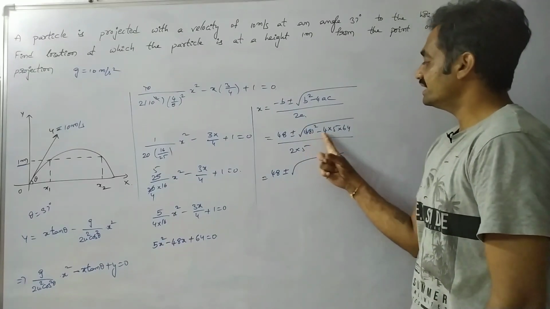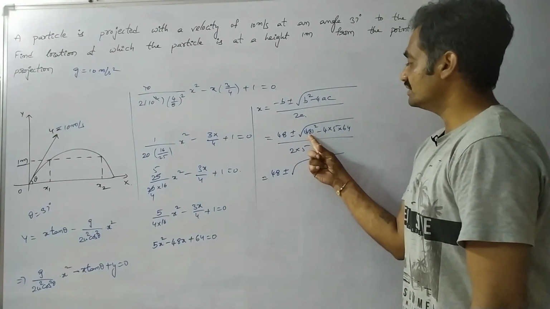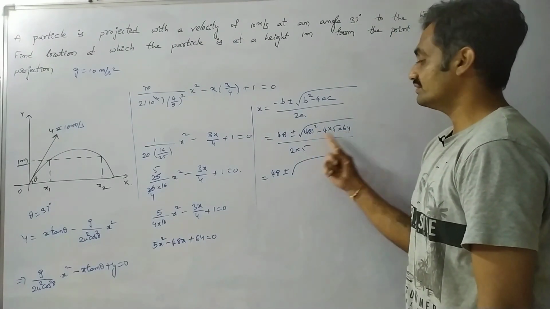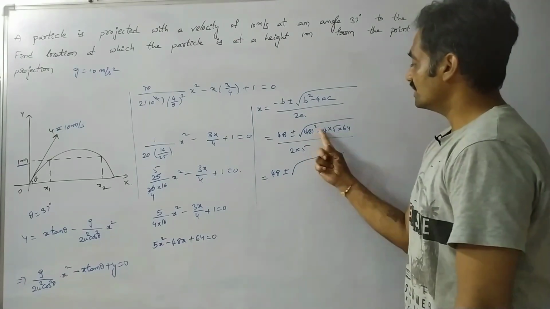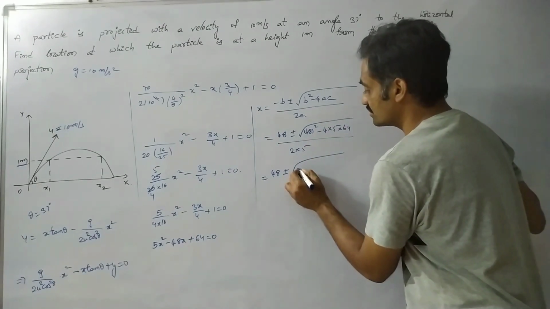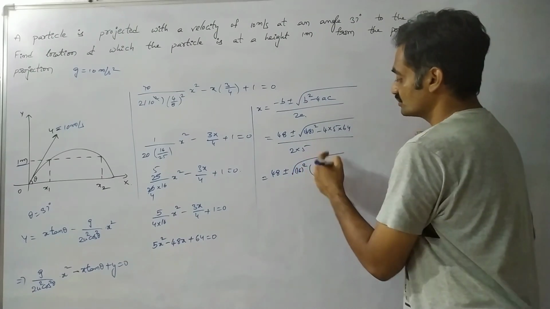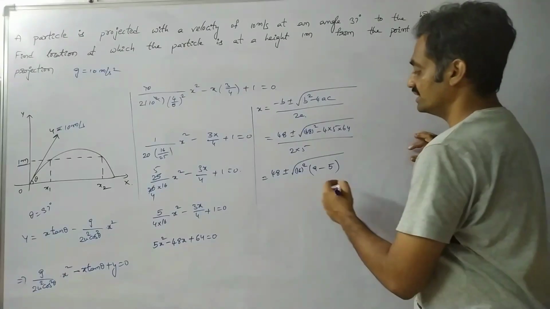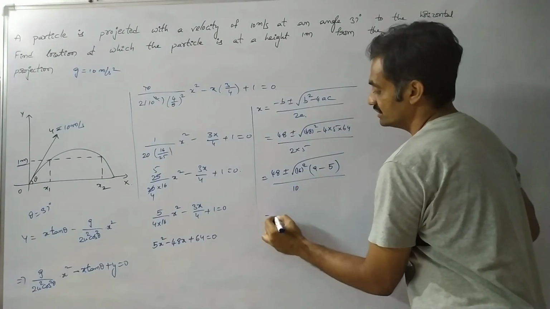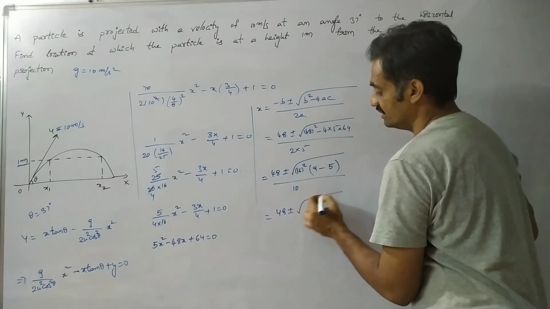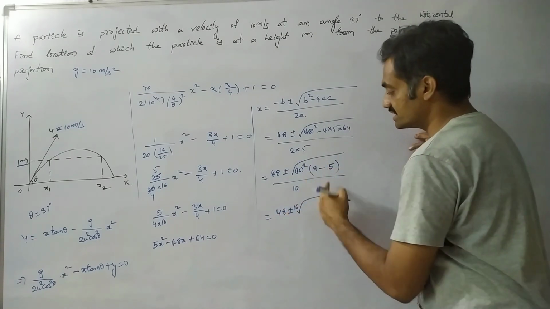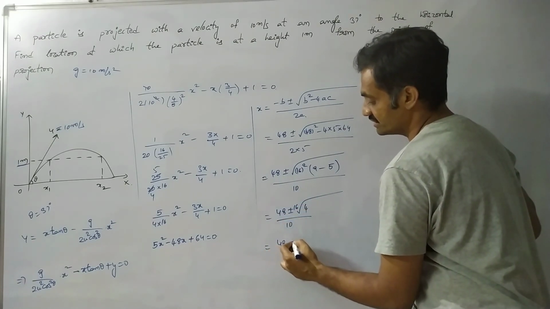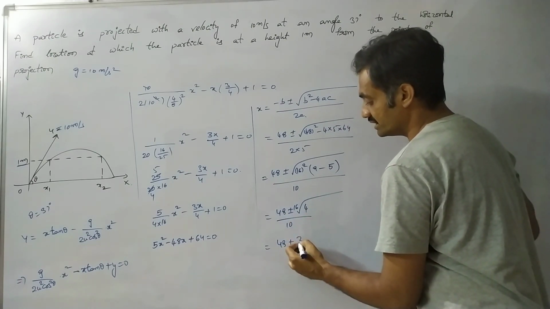So based on that we can represent 48 plus or minus of. Observe that here we can take 16 as common. Why? Because 16 3s are 48, whereas here we have 16 4s are 64. So I can take 16 square as common from these two. As I take 16 square as common, then we have 3 square, which is nothing but 9, and here we have 5, so 9 minus 5, by 2 into 5, 10. So here we can represent it as 48 plus or minus under root of 16 square, which is 16, into 9 minus 5 is 4, by 10. So based on that, we can represent it as 48 plus or minus 16 into 2, 32, by 10.